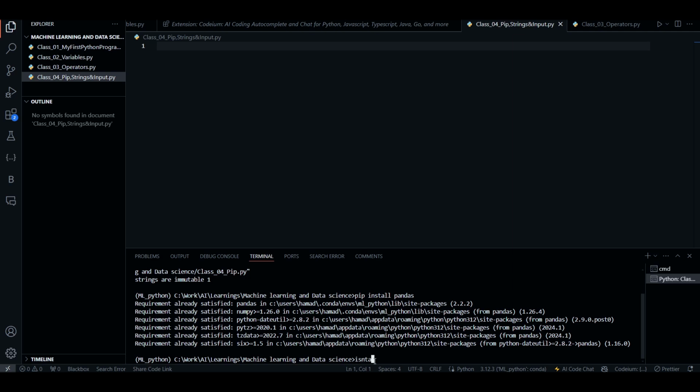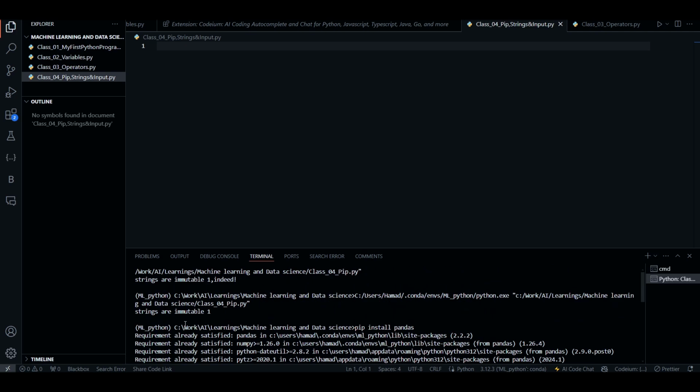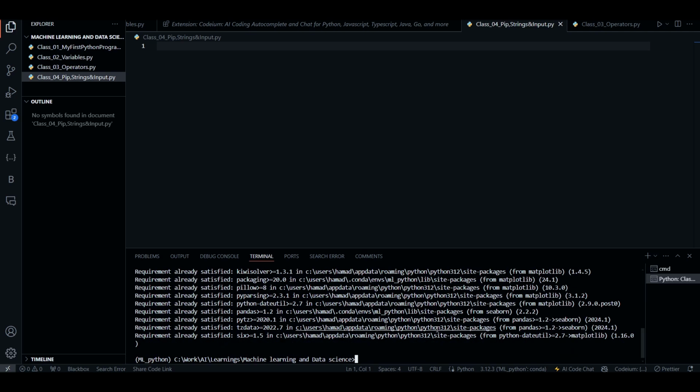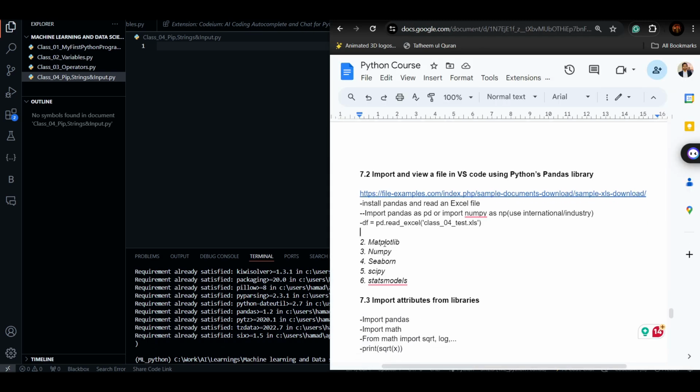In a similar way I can install multiple other libraries by typing pip install numpy, matplotlib, scipy, and seaborn. If I hit enter, it will say that I have already installed these. So in this way you can install multiple important libraries which I have also written here: matplotlib, numpy, seaborn, scipy,